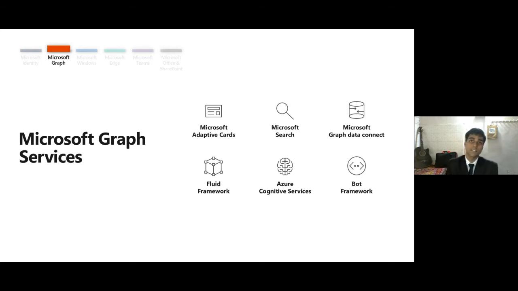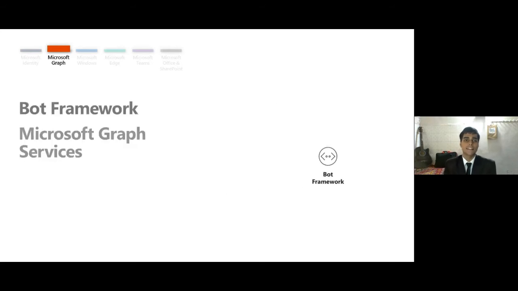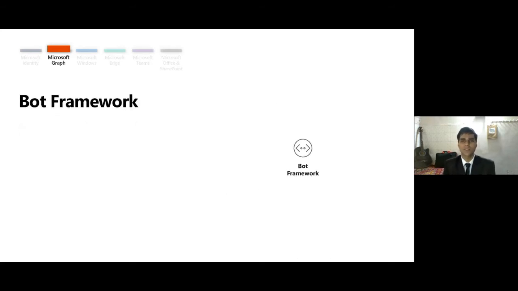And nowadays we see many bots on shopping sites and all. Because that is a very wide application, you don't need to have a real-life person in front of that screen. Instead, a machine would itself respond according to your behaviors on the web. So that's how bots are very helpful. And let's focus something on bot framework.